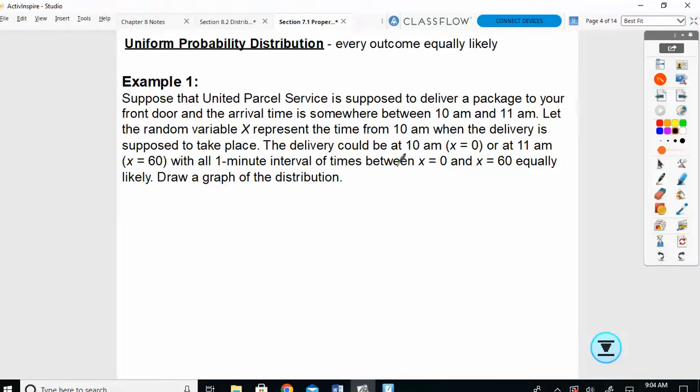So if it's at 10 a.m. on the dot, it would be x equals 0. 10:01, it would be when x is 1. 10:02, x is 2. All the way up when you hit 11 o'clock, what's your x going to be? 60. Okay. So we're looking at 1 minute intervals, and every value is equally likely. So he is just as likely to show up at 10:35 as he is to show up at 10:02. So if I asked you to draw a graph for this,